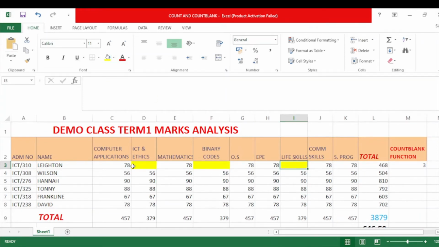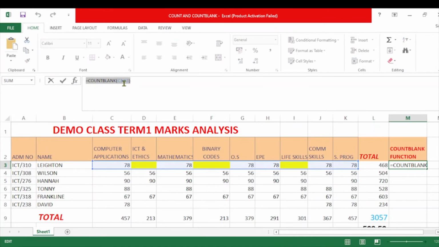So what do we do? For the sake of the other examples, just delete contents at random so that we can copy the formula to the other cells and see whether you get different values from what we have gotten in the previous function that we have input. So I'll just delete several on this one so that you can see the difference in the number. Remember I said that there are 2 methods of inputting the range. We can use the previous method that I've used here, where you have CountBlank and then you put the range manually, or you can do